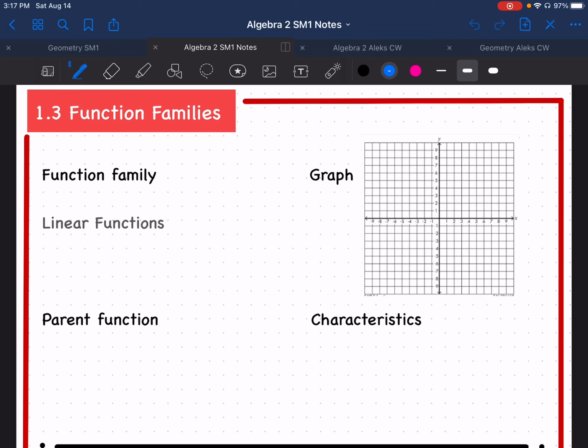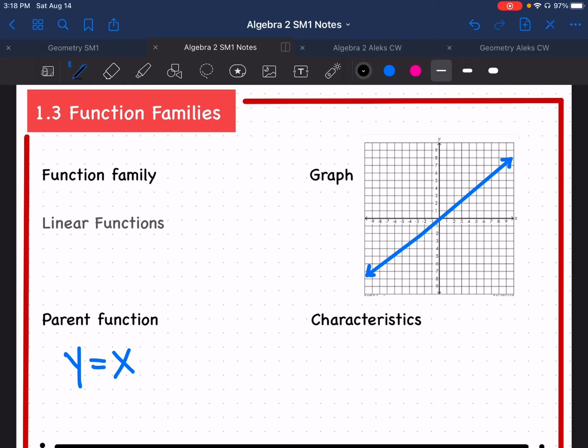The parent function for our linears is y equals x. The graph of this function will go through the origin and will appear to be a straight line. Okay, it will always be orientated in this direction. Some characteristics about my linear function